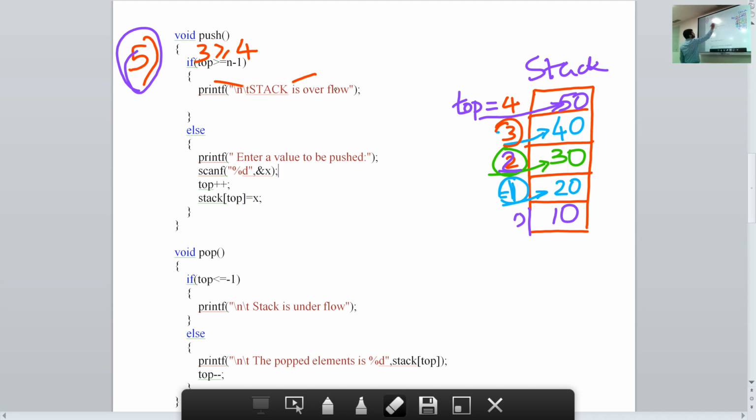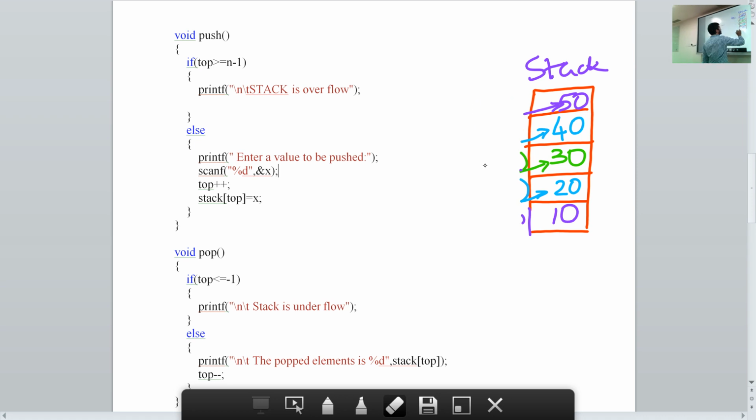So this is how your push operation works in a stack. Let me just make this diagram a bit neater.